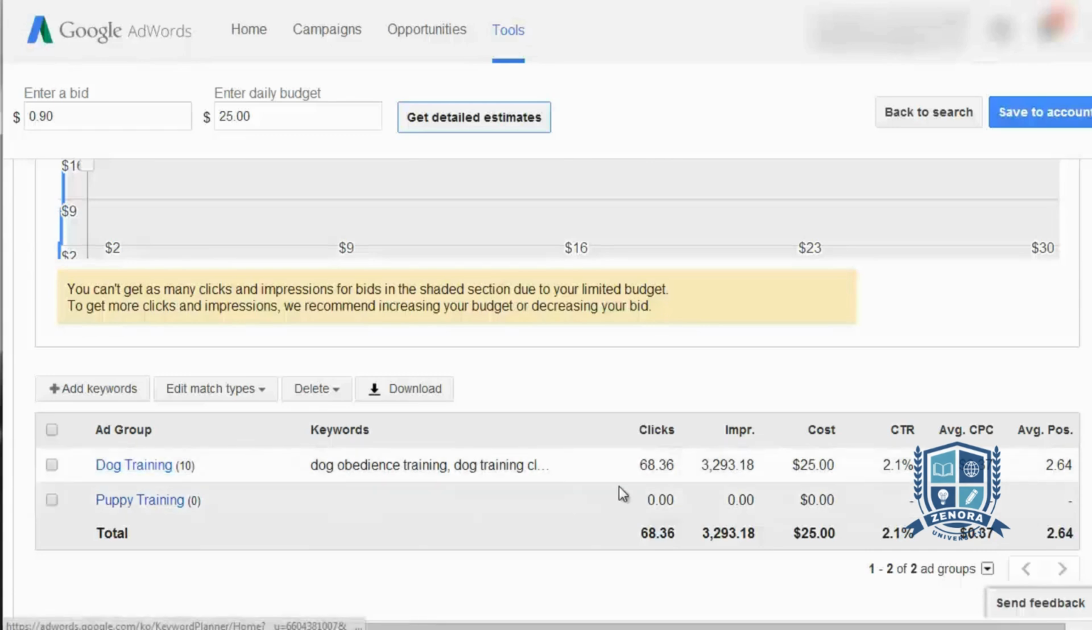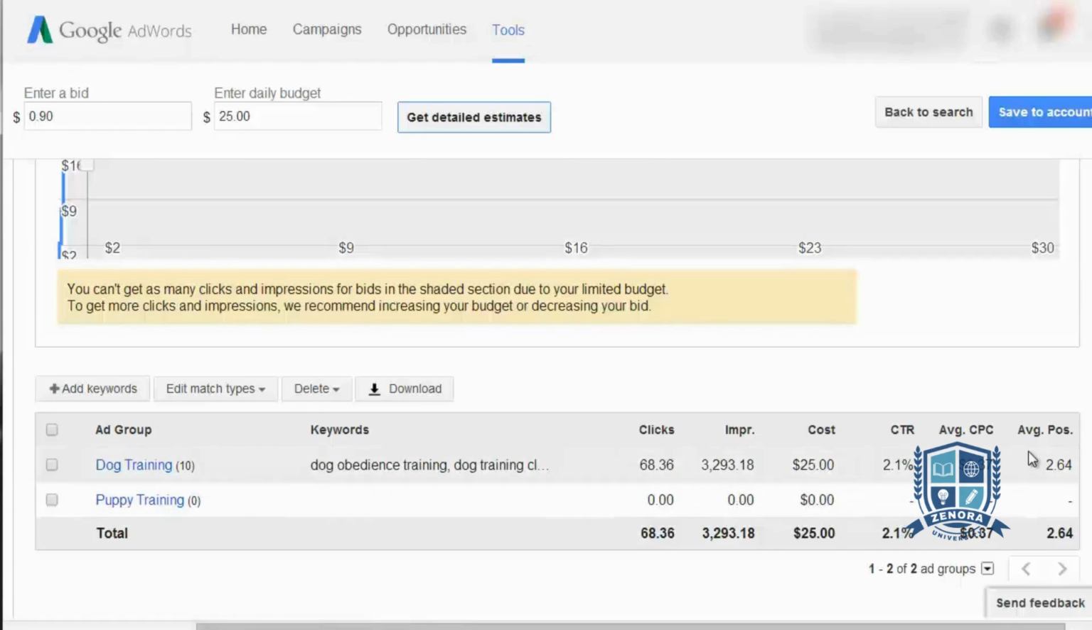As we go down here, you can actually see more details, such as the CTR, which is the click-through rate. So for example, if you have 100 people come to the ad and then 2.1 or 2 people click it, then that would be about 2% CTR. Now if we click here,